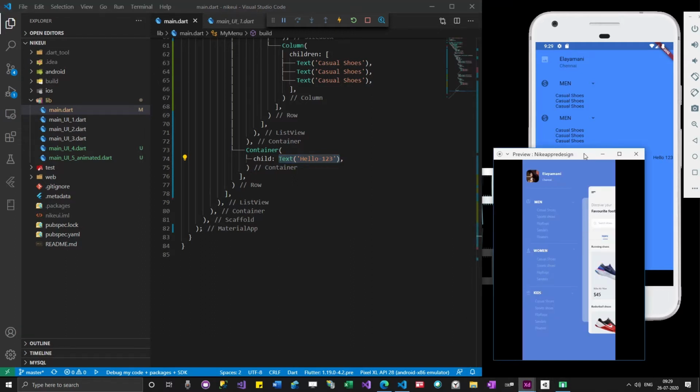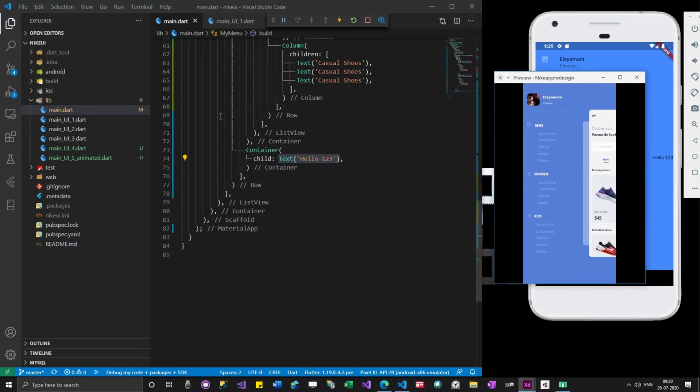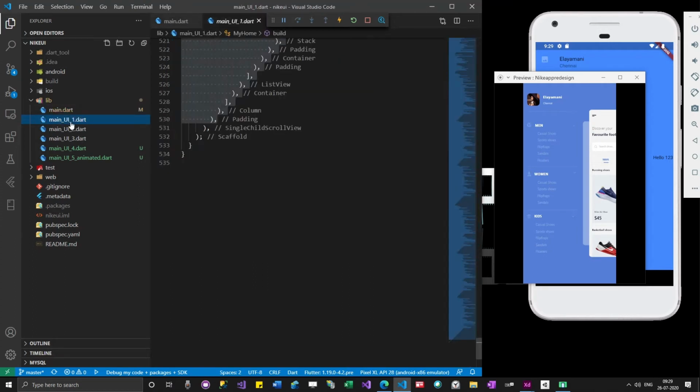If you see this image, you could see that our UI1, okay, the code from this UI1 is appearing over here. The output, whatever we got from this UI1, is appearing over here. Okay, and then there is some sort of shadow, like it's not exactly shadow, it's like a different page. So this is one page and this is another page. So we don't have to worry about this page, as long as you just mimic this behavior, that is fine. But this page has to look like the home page all the time.